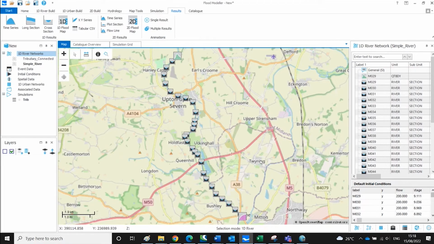In this video, I'm going to show you how to create calibration datasets that can be viewed within the plots available in Flood Modeler. Calibration datasets allow us to compare the results for our known events to our simulated results,